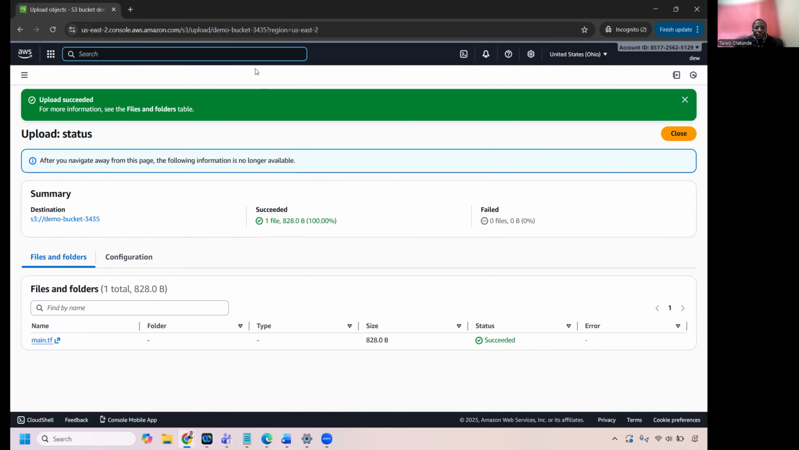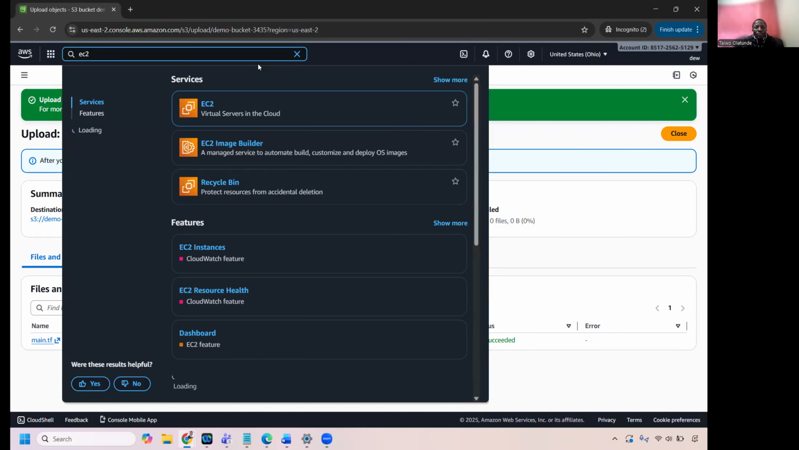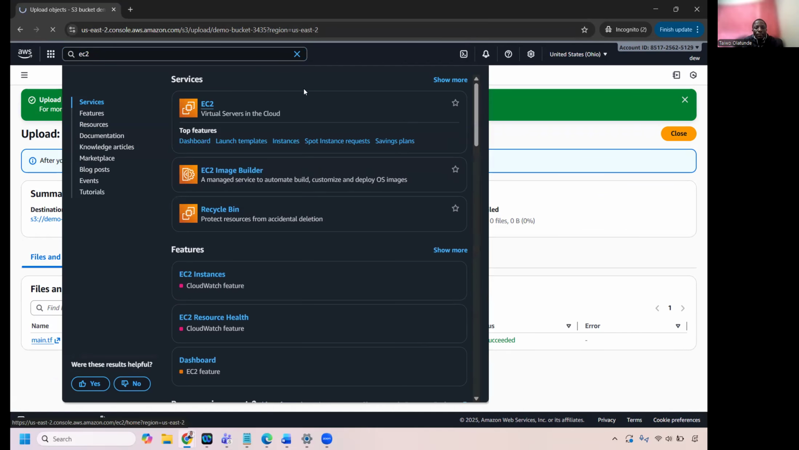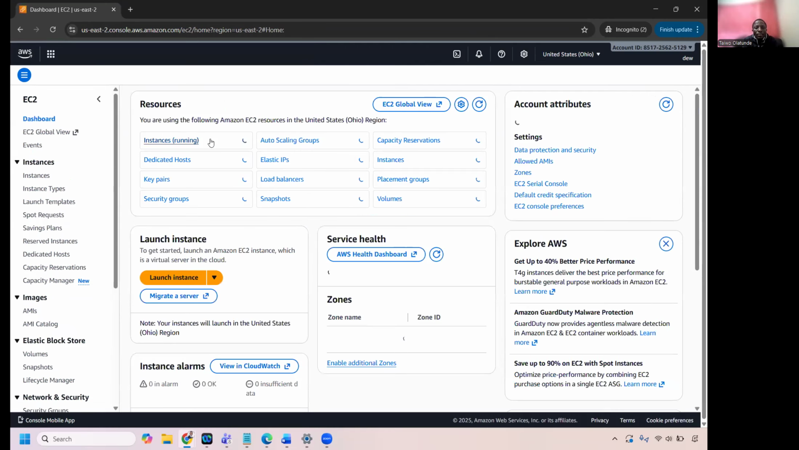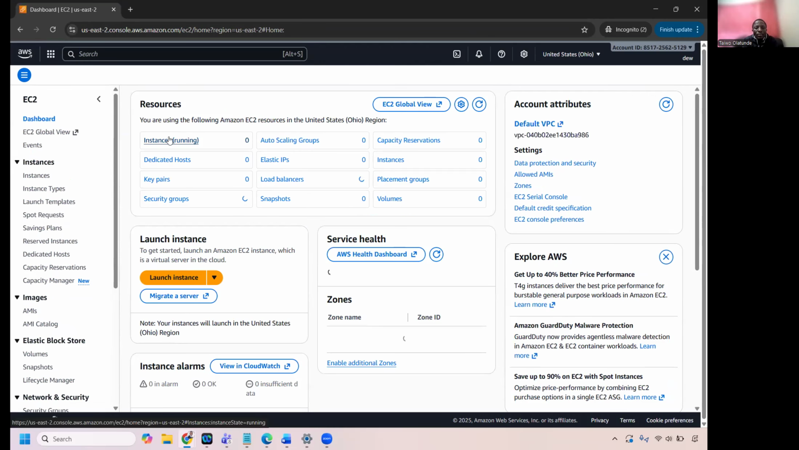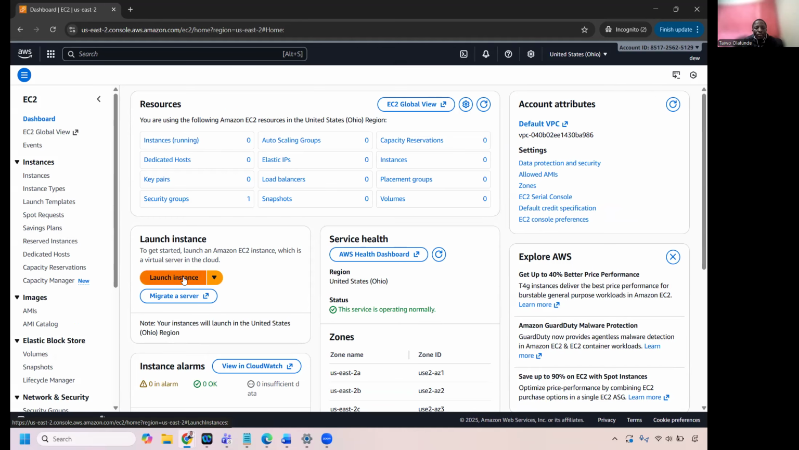So now let's also create an EC2 instance, a server, where if you want to host maybe a website or a web application, you get. So I'll come to EC2. You see currently nothing is running. So I'll come to launch instance. So I click on launch instance